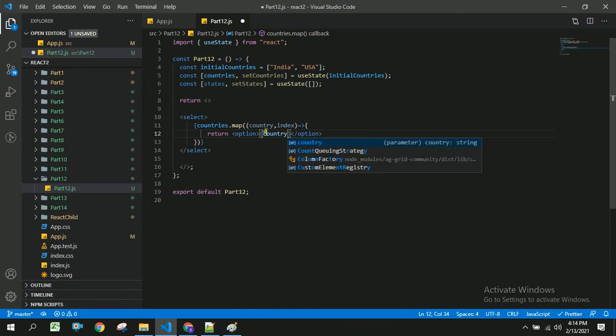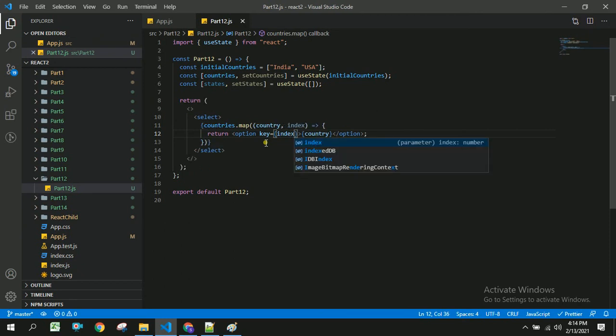So whatever we are getting here from the map, I am going to paste here, and to this option I am going to give key as index. It is better to take an ID property here instead of index, but for time convenience we are going to place index. While you are practicing, you can place name as India and ID as 1, name as USA and ID as 2, and replace this index with your ID.